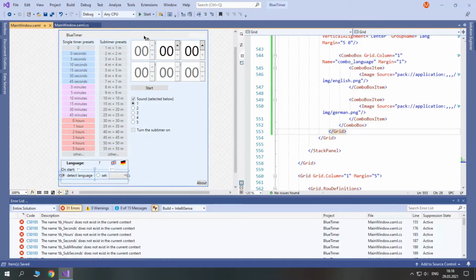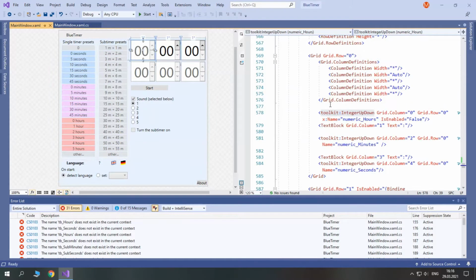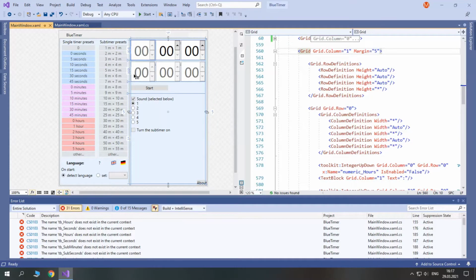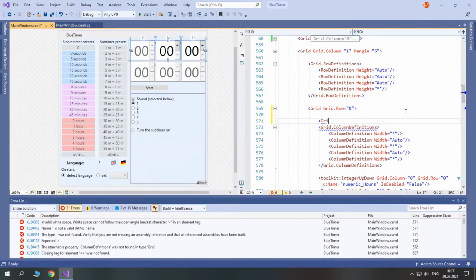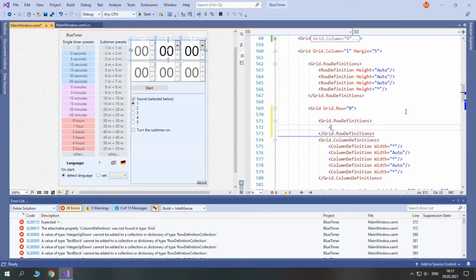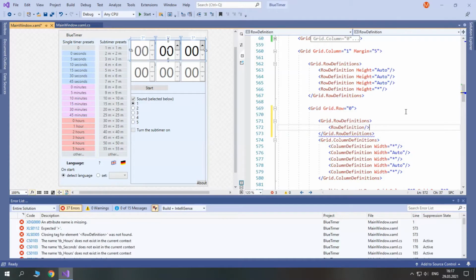And in the right half of the window, let's navigate here. I plan to make this one grid instead of two separate ones. So let's add grid row definitions here. I will have two of them and both of them will have their height set to auto.